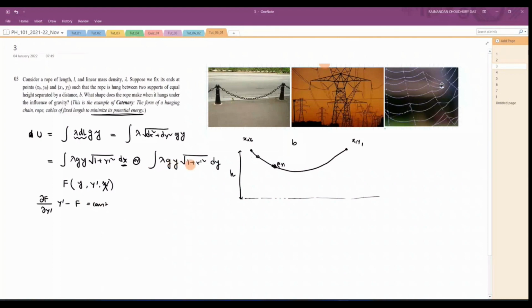Or you can start from here. You see your functional form again. In place of t, I am having y. Here x and x prime, but here x is not there explicitly. So this will simply give us dg by dx prime will become some constant. You start from here or here, you will end up with the same equations. Are you guys with me? Yes, yes.